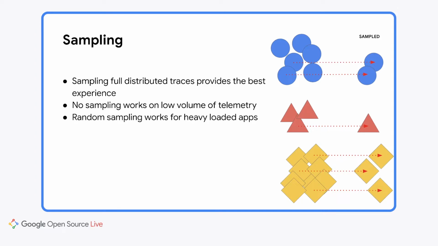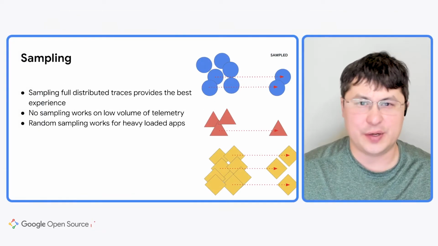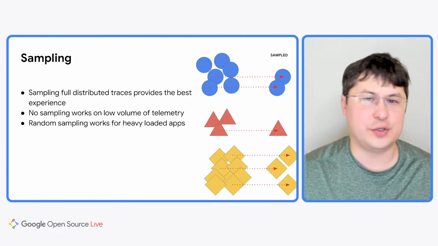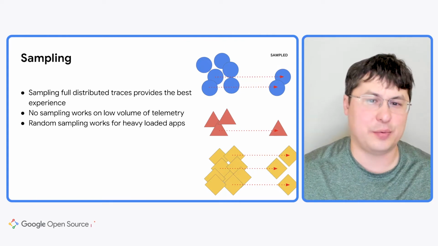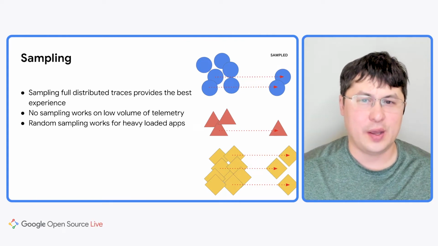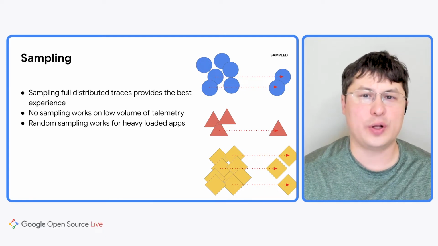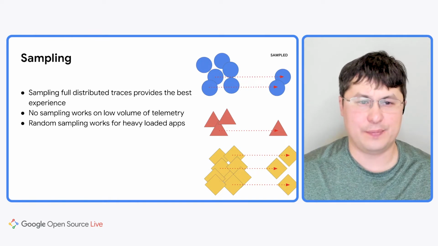So let's say you have different types of operation: blue circles representing some default page rendering, red triangles representing some reporting page, and blue diamonds represent some ticker on the page that is updated very often. If you pick randomly from all the requests, you will see a few examples of the first, some examples of the second, and many examples of the third type of requests. And having these examples, you know the shape of the trace, and you can reason about the whole category of traces and how they behave. But sometimes random sampling wouldn't work quite well.